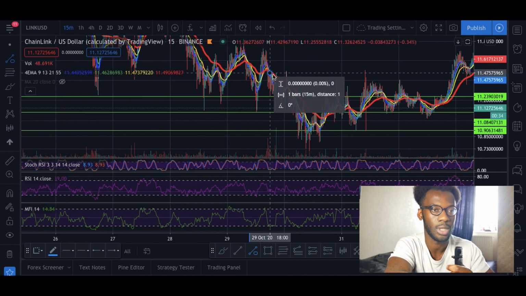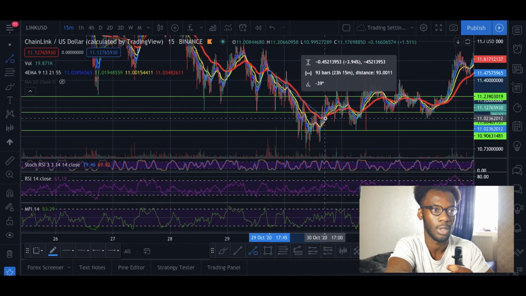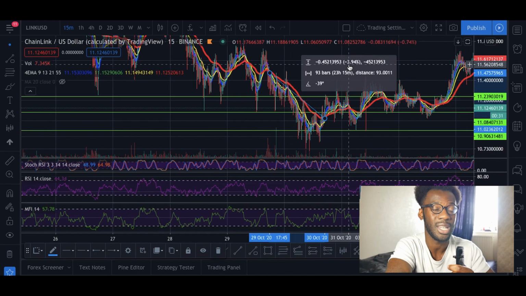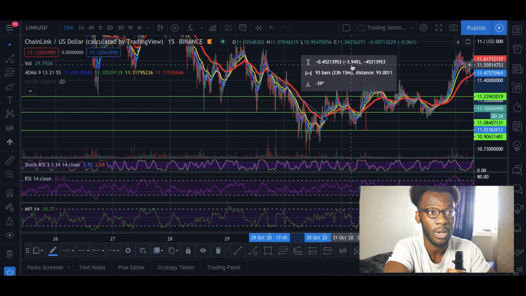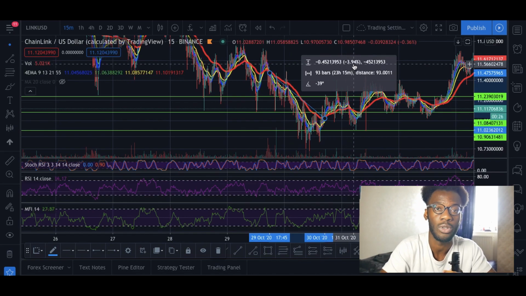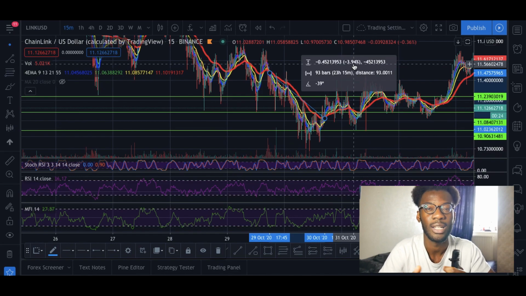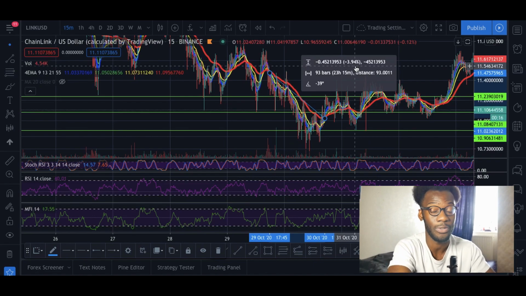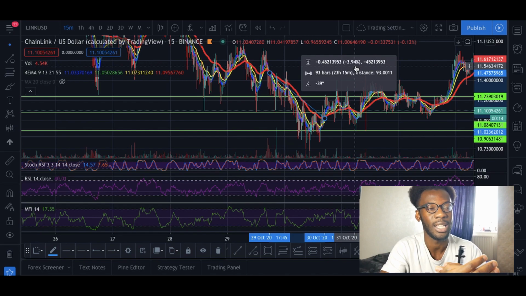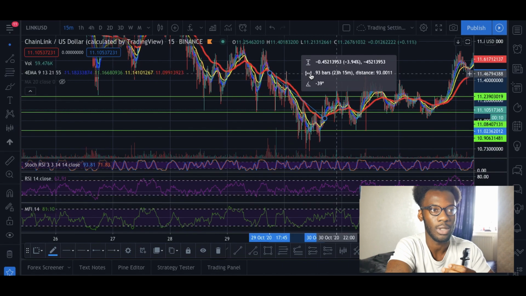So from 11.49, or just about down to here, this would have been a minus 3.94% move. Now obviously with Femix, the good thing is that you can use leverage, so you can have a small amount of capital, and because you have leverage, you're able to maximize the returns. So let's say you'd gone for maximum leverage of 20x, that would have been basically a 60% move across basically